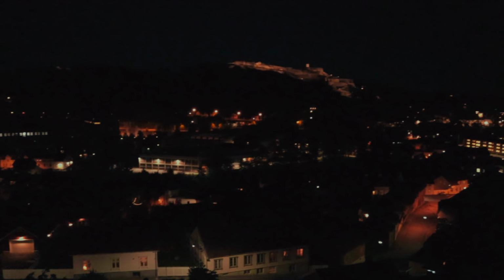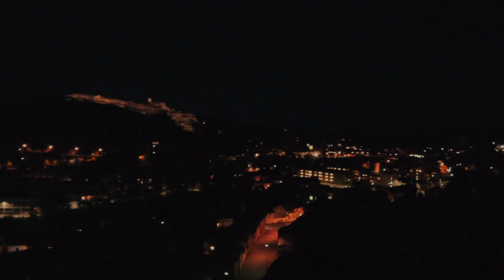So I've come out onto the top of a hill here so I get a look out of the city I live in, and basically I'm wanting to get some star photos but include the city at the same time, and most of us know that that's quite a hard combination to get because you're having to shoot at higher ISOs and slower shutter speeds just to be able to capture the stars. And often what that does is that all the lights in the city just overexpose and everything just looks really horrible, so you often have to take two different exposures and stitch them together, but that doesn't always look that great. So this is exactly why I wanted to show you what it's like to use a graduated filter for